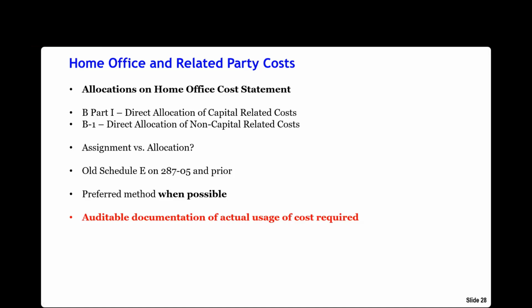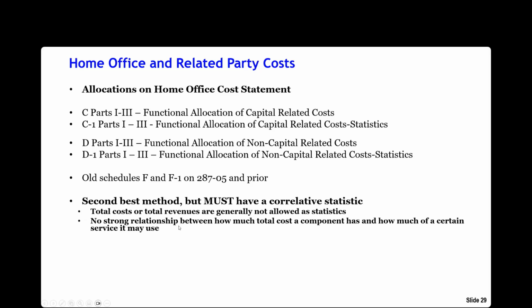So if it's a nice clean cut thing like that, then you can use direct assignment. The next best thing is functional allocation. This one also has capital versus non-capital, but it also has a separate -1 type worksheet. Just like worksheet B and B-1 on the hospital cost report reflects overhead cost and then the statistic to allocate